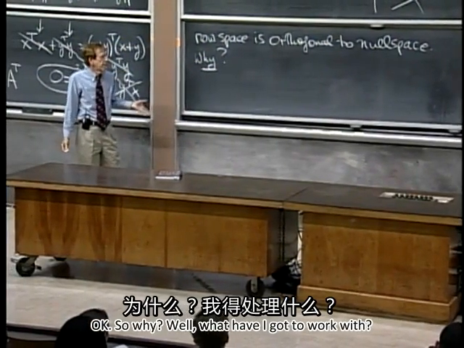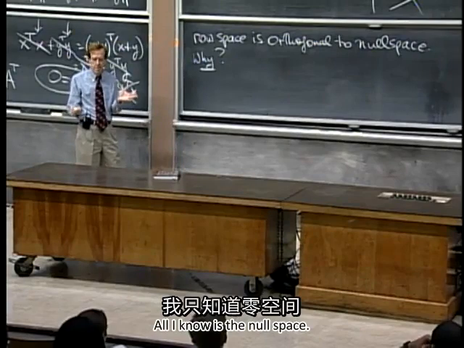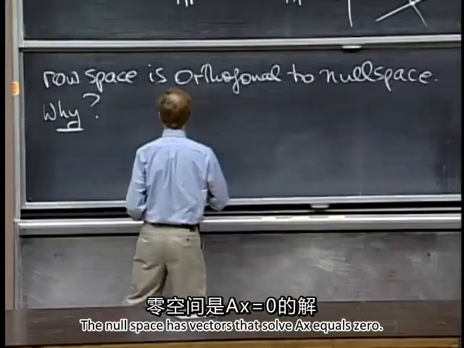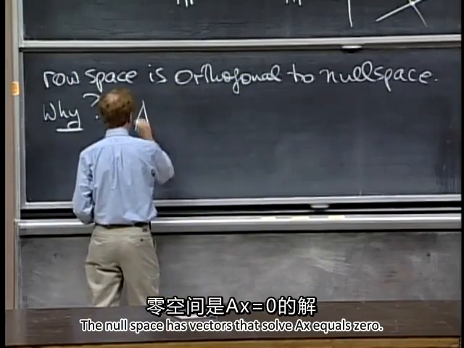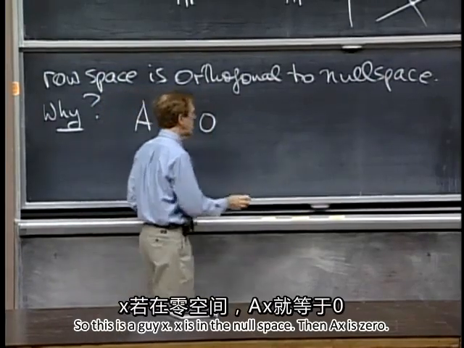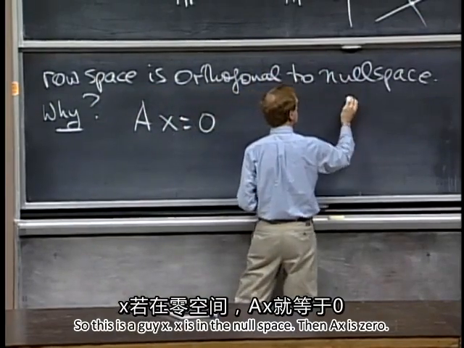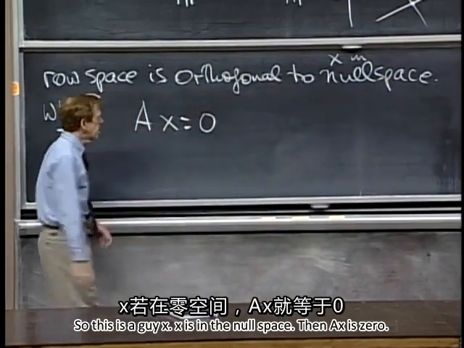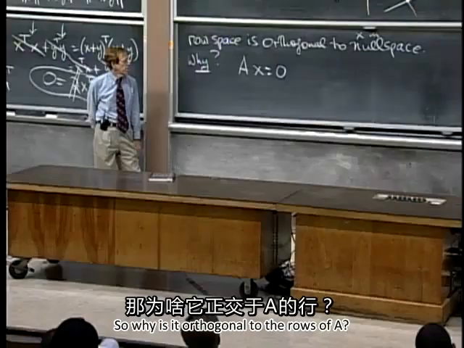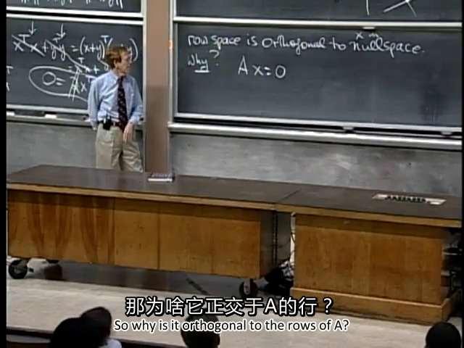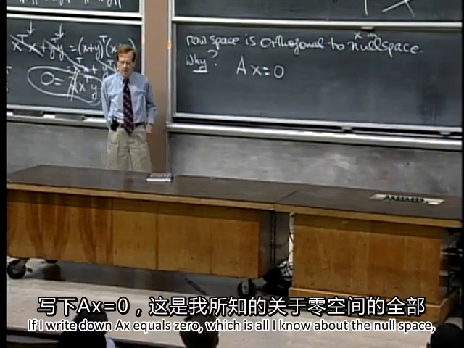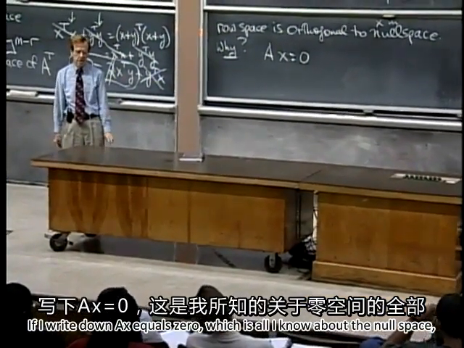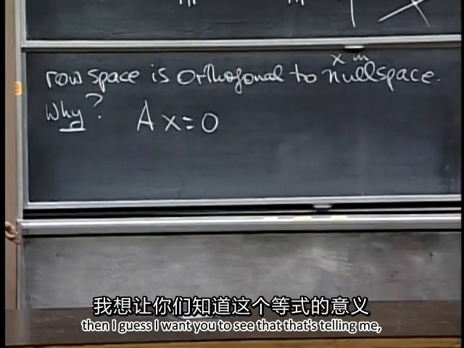Well, what have I got to work with? All I know is the null space. The null space has vectors that solve Ax = 0. So this is a guy x. x is in the null space. Then Ax is 0. So why is it orthogonal to the rows of A? If I write down Ax = 0, which is all I know about the null space,